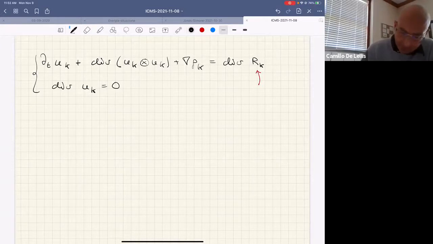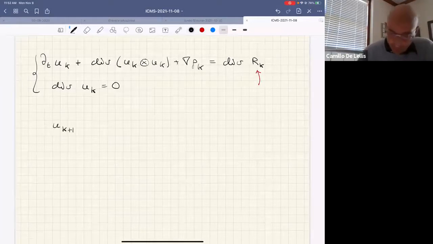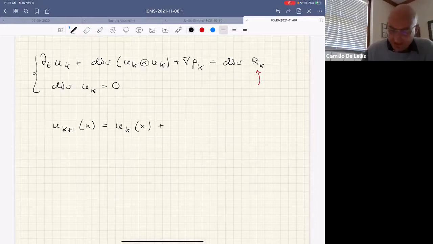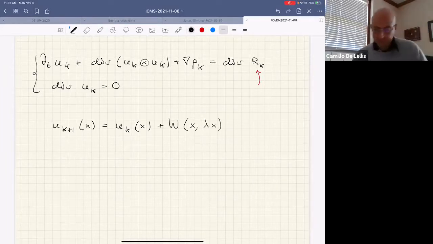Well, I want to perturb my solution u_{k+1} as a function u_k of x, plus something which is very fast oscillatory. Something which I'm going to write as big W of x, lambda x. And what do I want on this big W of x, lambda x? Well, first of all,